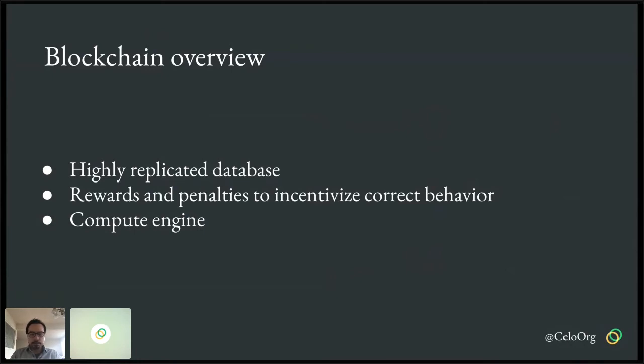So also, most modern blockchains contain a compute engine, and this is what basically powers the smart contract layer, and this compute engine provides the ability to add more generalized logic. So you can think of Bitcoin, that for every transaction it has very limited logic capabilities. Specifically, all it does is just transfer tokens from one address to another. But with this compute engine, a developer can provide more powerful logic for these transactions.